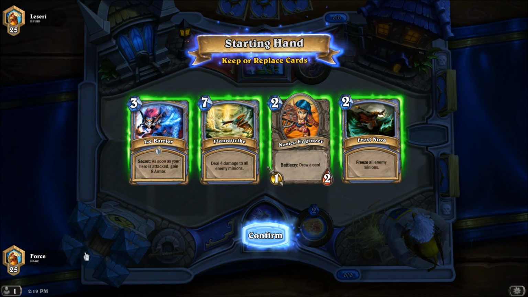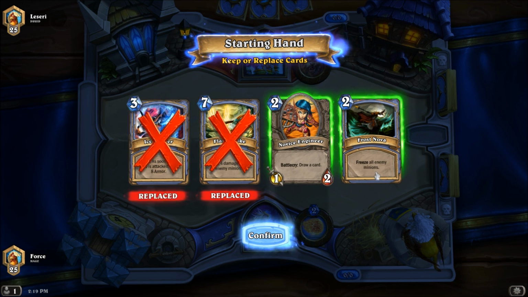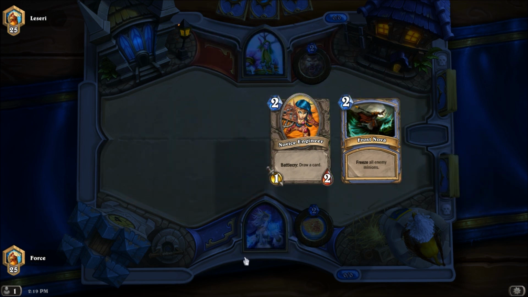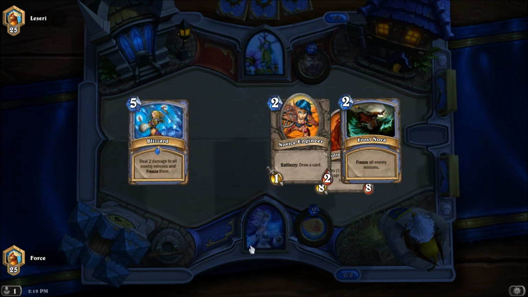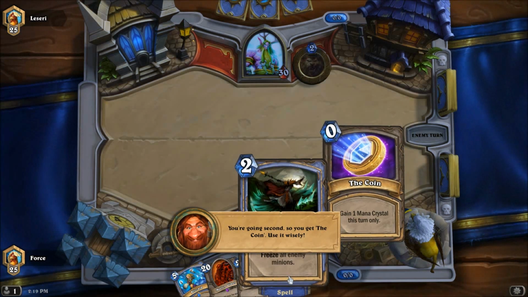Okay, our second game for today against a Druid, and in terms of this stuff, I don't want that immediately. Ice Barrier I actually don't want immediately either. I'll hold on to the Frost Nova though. Because the Frost Nova almost works as card draw in the fact that a lot of times...